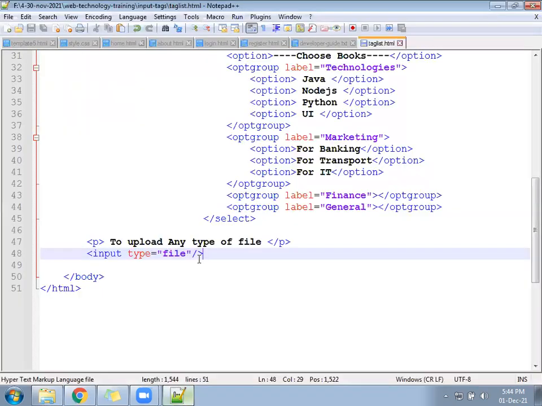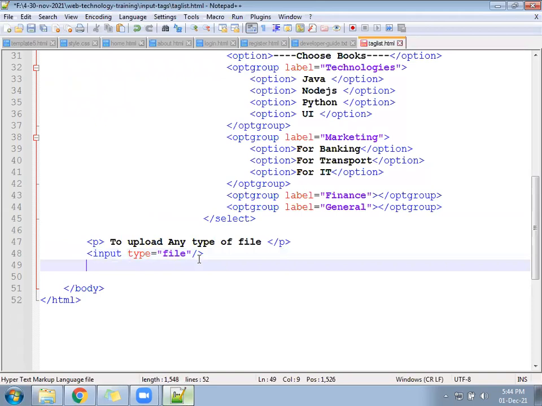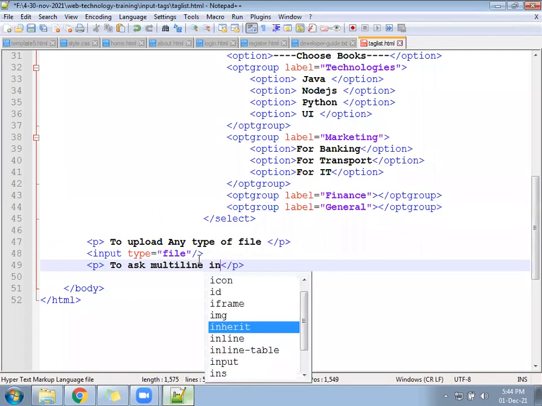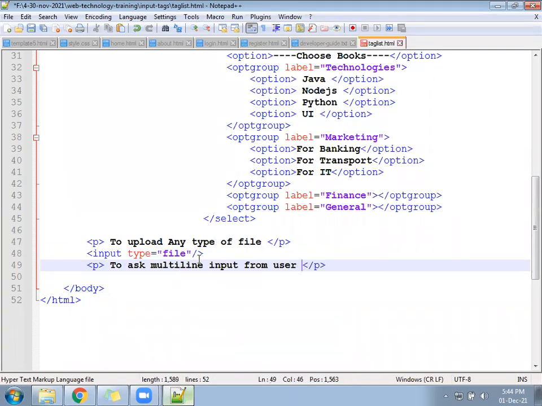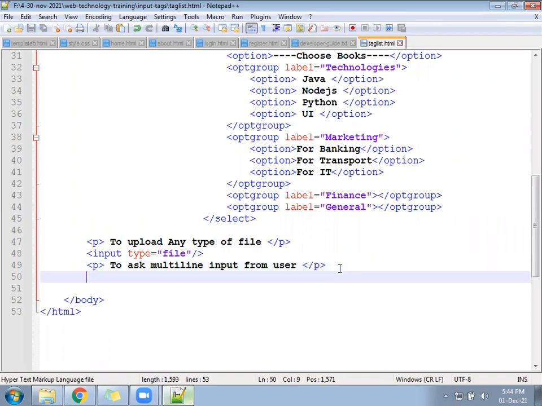Going next. Next, we need to write a paragraph. For what purpose? To ask multi-line input from the user. To ask multi-line input from the user, we have something called text area.